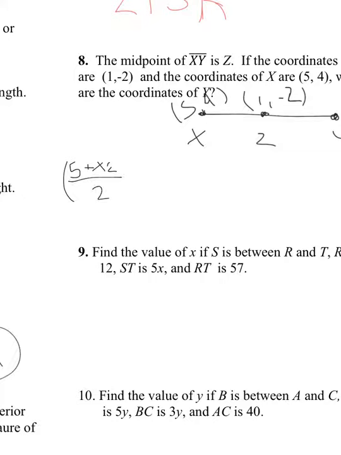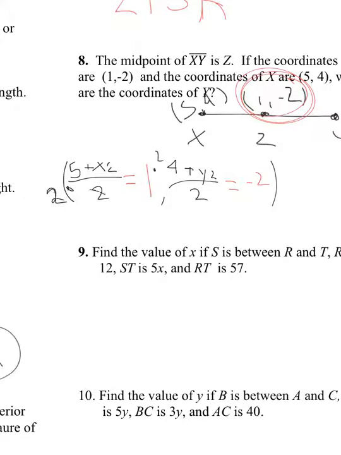You actually know what the midpoint's supposed to give you, right? This is the midpoint, and you know that. So this is supposed to give you 1. And then when you set up the y's, 4 plus y2 over 2, you know that the y coordinate is -2. So you actually know what they're supposed to give you, so you treat this like an algebra equation. Very simple to solve, 2 steps, right? And the first step is always multiply both sides by 2,